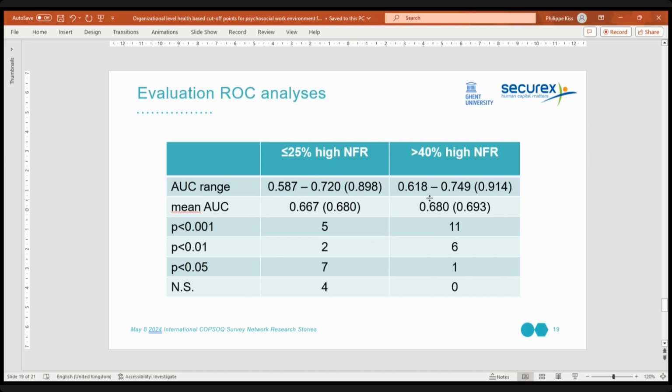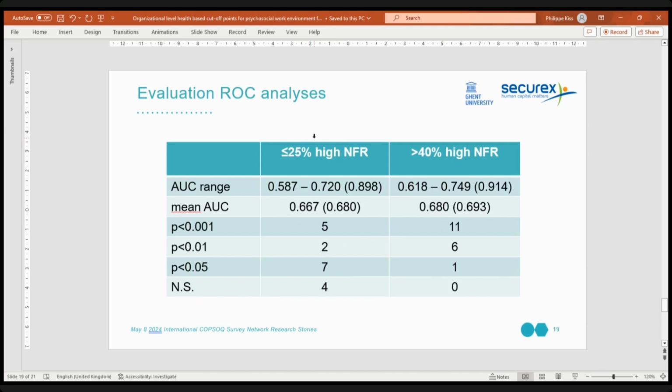0.67, 0.68. And if we take into account the 0.70 for the individual reliability, it is not so bad. However, for the